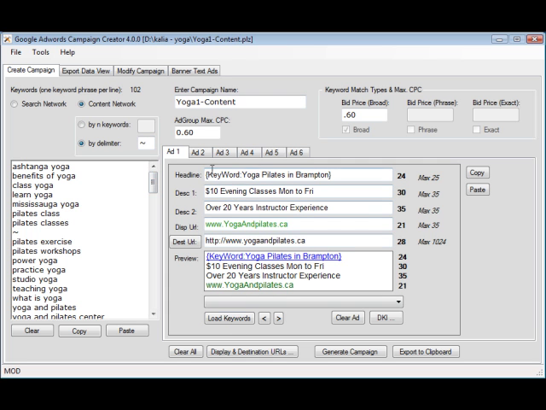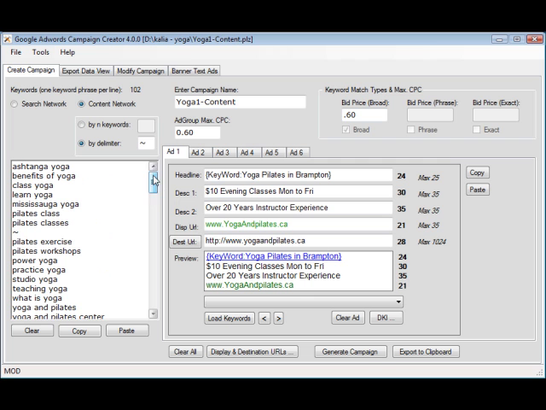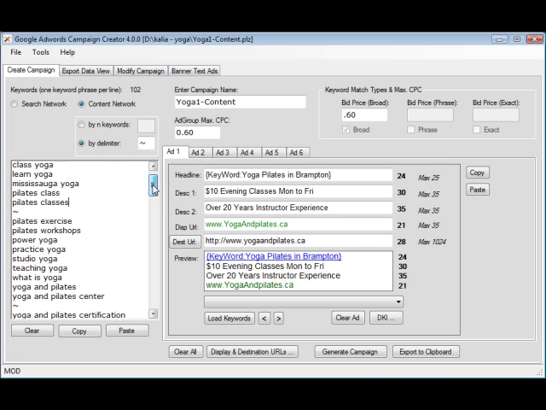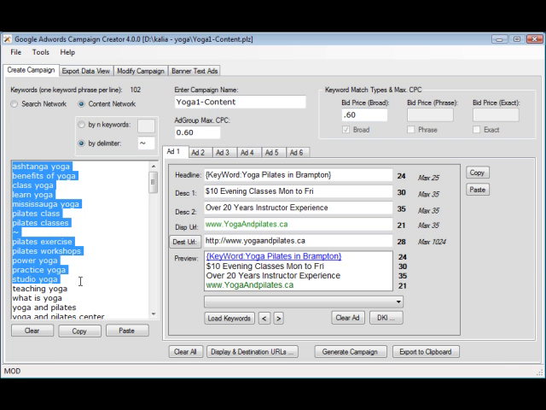So I'm just going to start very quickly with a campaign that I just created earlier. This is just an example campaign. It's not really a real campaign, but it's got all the elements for a content campaign, and I'm just going to go through that. First of all, for a content campaign, we need to create a set of themed keyword lists, and the way we do that in PPC Keyword Tools is to have our list of keywords,